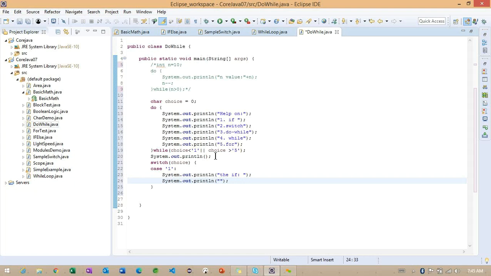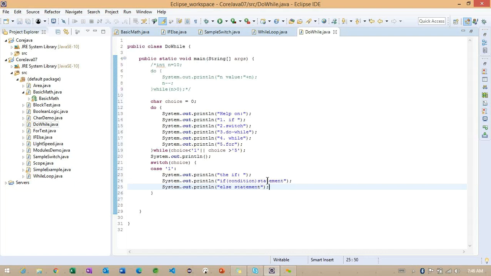The remaining you can work on here. The if condition statement, right? And one more here, the else block. Right, this is the case here.